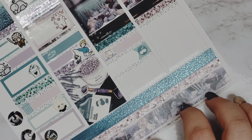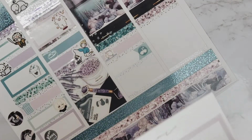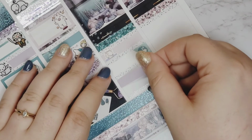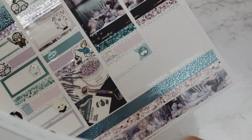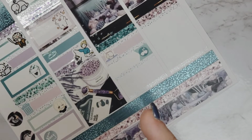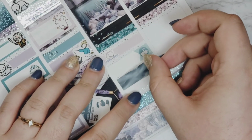Then I stayed home all day. So for staying home all day, I don't have a character. Oh, then I should just use patterned washi. I'm all over the place, guys. I'm so sorry. Can't use that pattern. Let's just use this. That's okay. So just to mark that I had a,